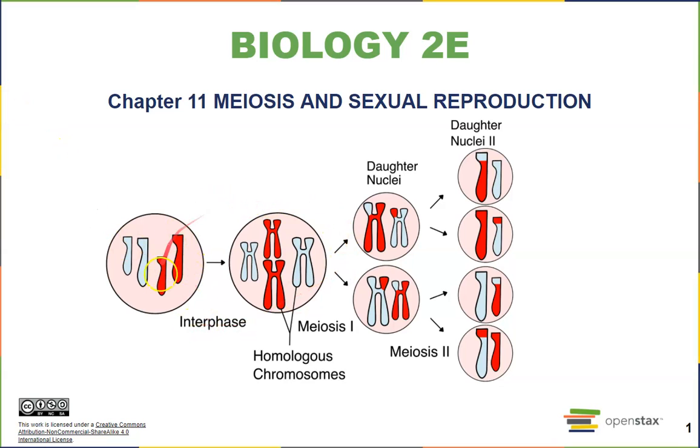So this is just a nice overview picture of what meiosis is, what occurs in a meiosis, and how the cells look at the end. Now I do want to point out that we end up with 4 unique daughter cells, and they are haploid. So I know the steps are going to look like mitosis, but meiosis is far different, and we're going to